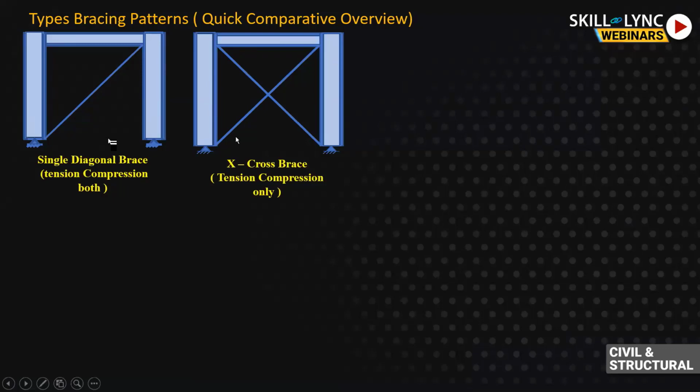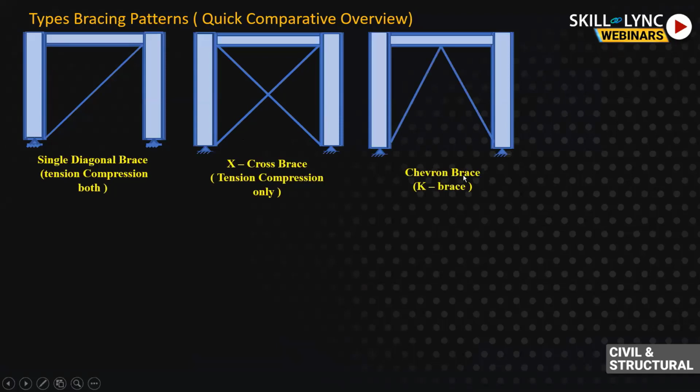Wherever X bracing can be tension compression only bracing, then you can choose it. If it is tension only, you can use wires here. Then it is a tension only brace, where, as you know, a wire does not have compression strength. It will not take any compression. So the one which is in compression is going to buckle, or it will not take any force. All the force will go to the tension type wire brace only. So it is an X cross brace.